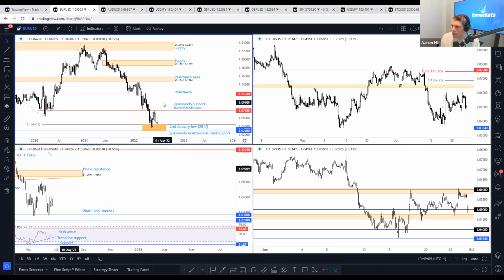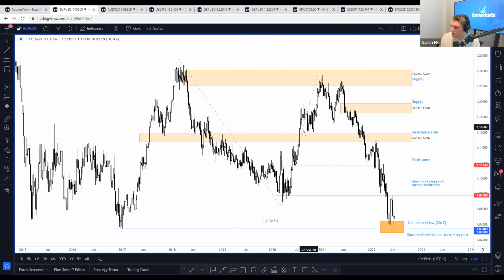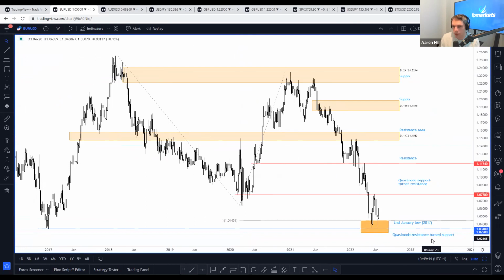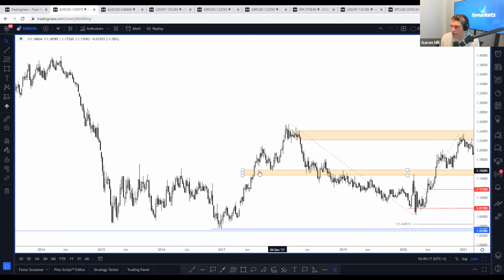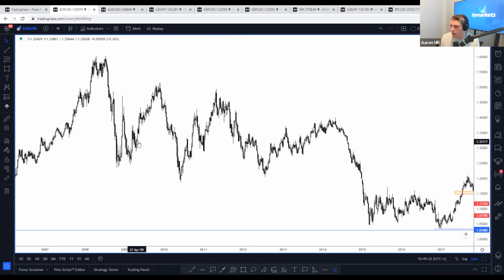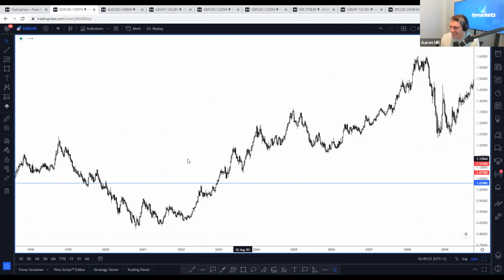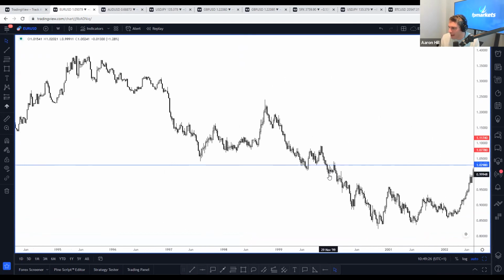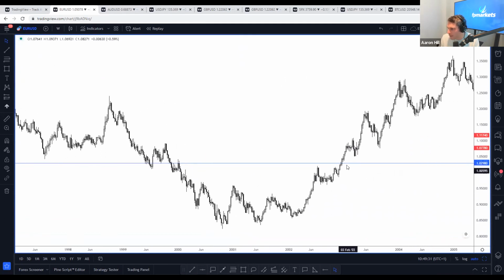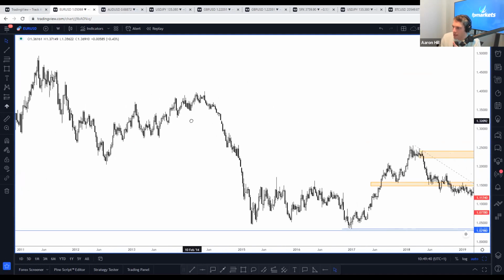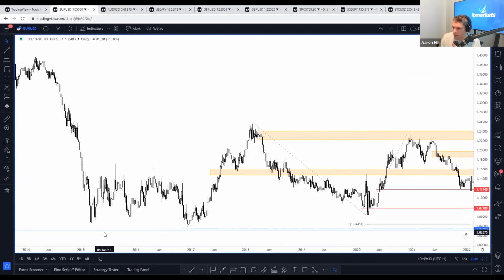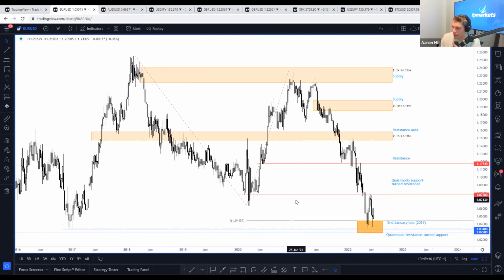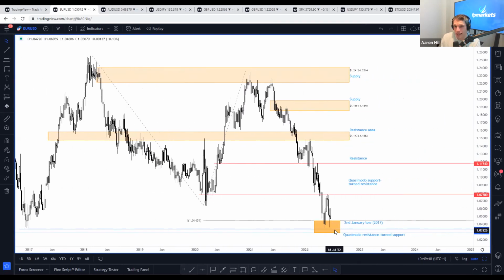Now, if I go back to the weekly chart, which is here, let me pull this up. This is the weekly chart, and we're looking at the Quasimodo resistance turn support at 0.298. This goes all the way back to this point here, this left shoulder. So we have a high, low, higher high, bull trap, continuation lower. What happens is price fails to offer anything here. So with a reasonably clear break to the upside, we know that when price returns to this level, it's this blue line here, guys, we are highly likely to get some form of reaction. We have not tested that yet.